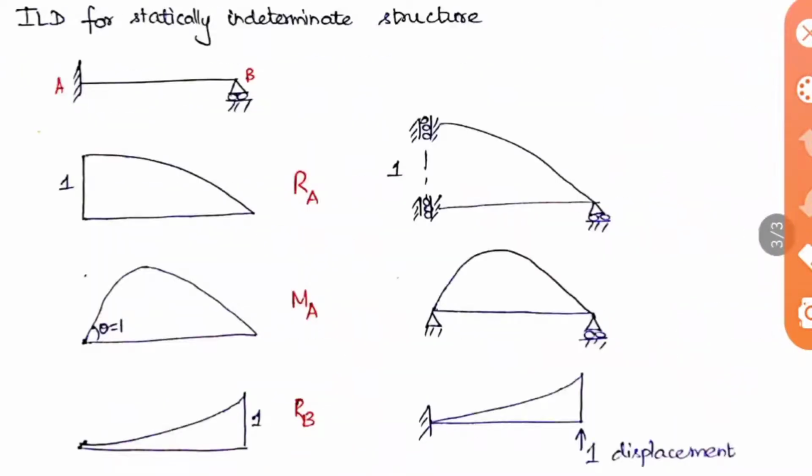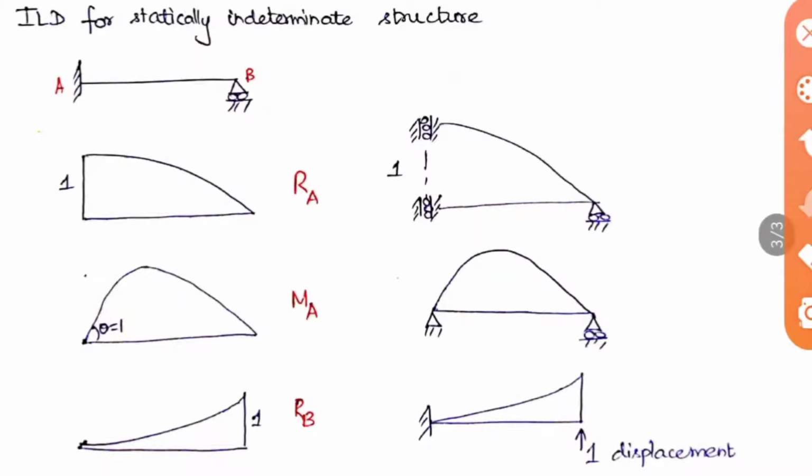So let us see another example, that is ILD for the statically indeterminate structure. This is also the same cantilever beam only, but it's not having a free end, it's having a roller support at the free end. Okay, when this is happening, you will be getting some changes here, because whatever deformation happened, the free end is also supposed to have that deformation, but here it cannot occur because here a support is there.